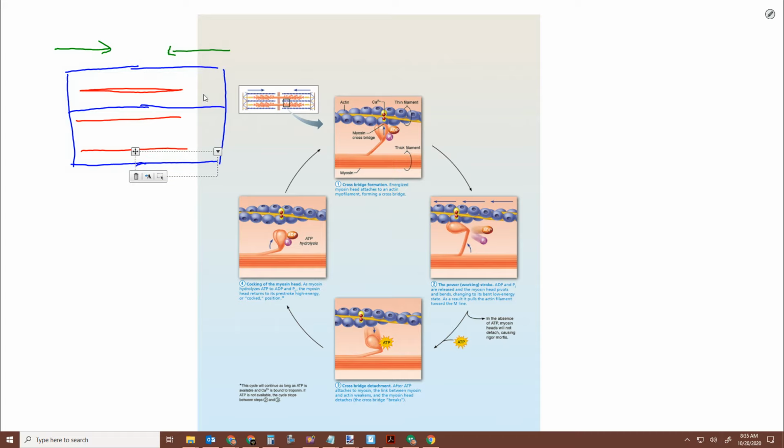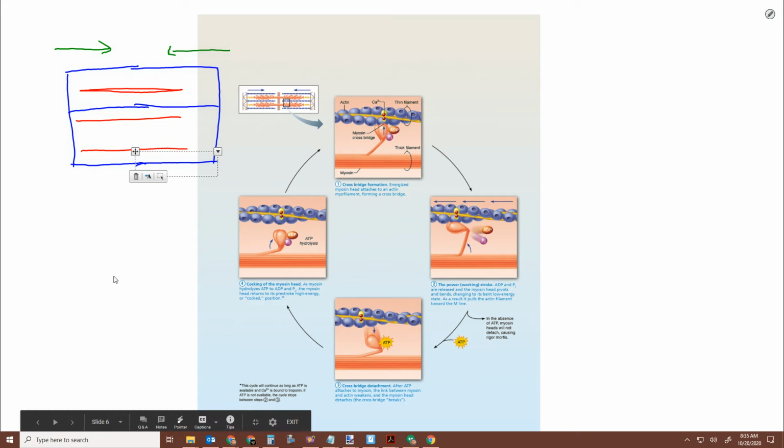And if you can multiply that times millions, every one of those little sarcomeres is going to get shorter, causing the whole muscle to contract. And so just to review,